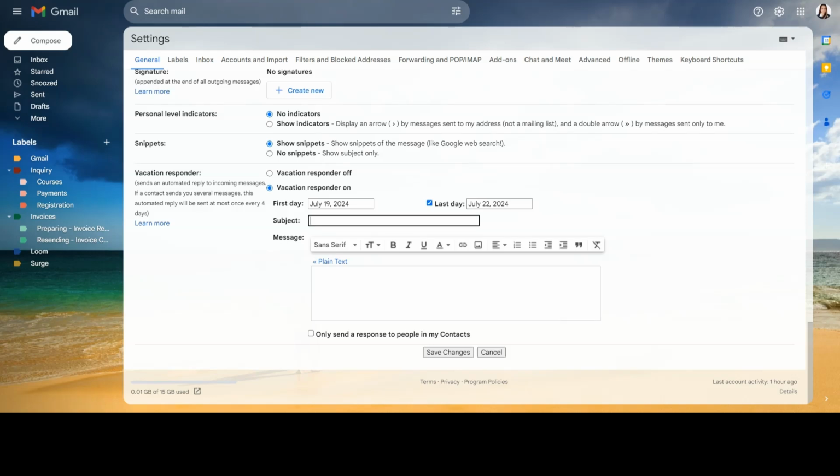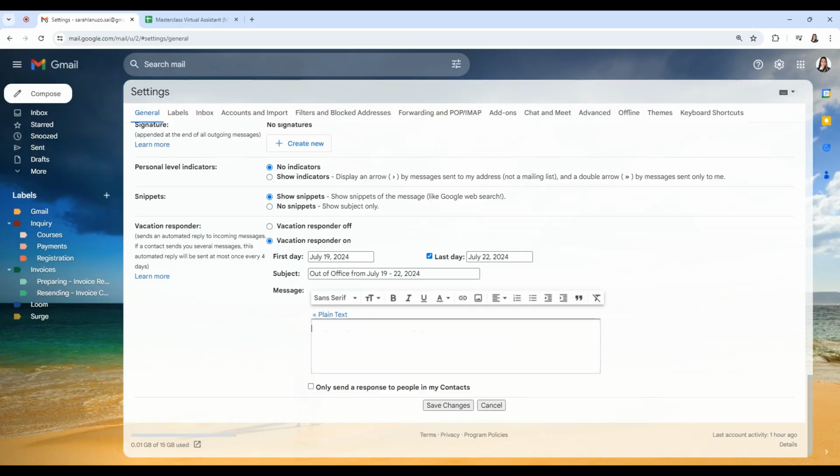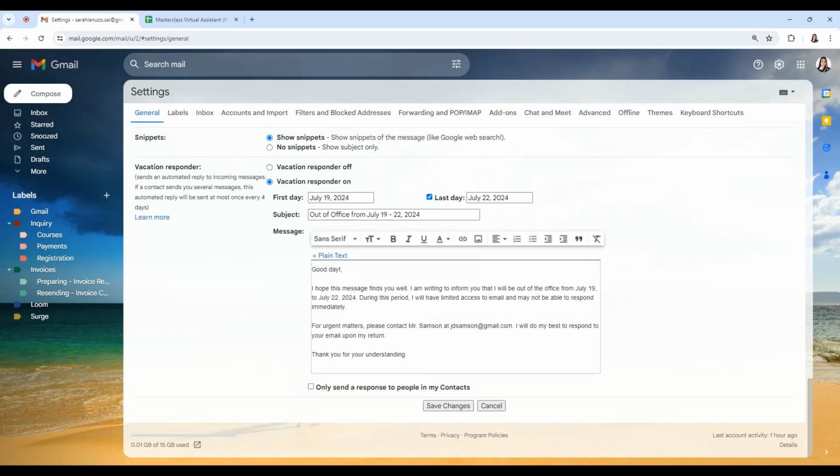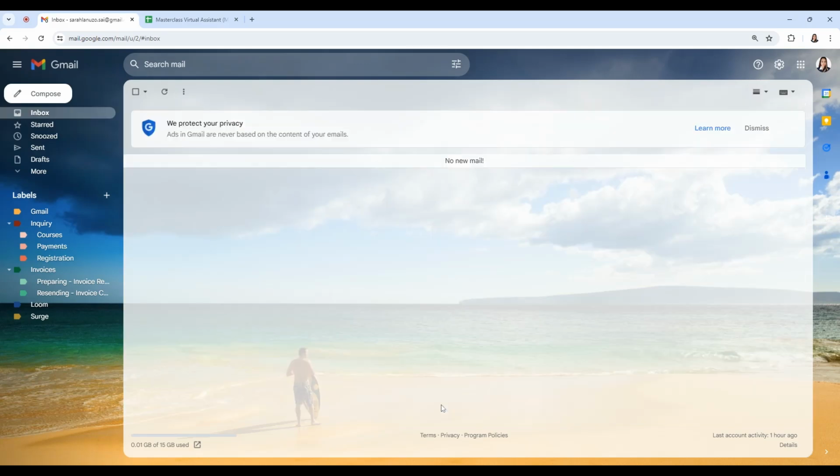Then we need to add a subject like out of office from July 19 to 22, 2024. Then here we will add our simple message like good day there. Then once you have this vacation responder, you can check this email and save the changes.